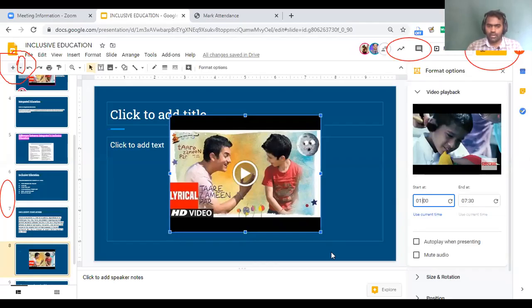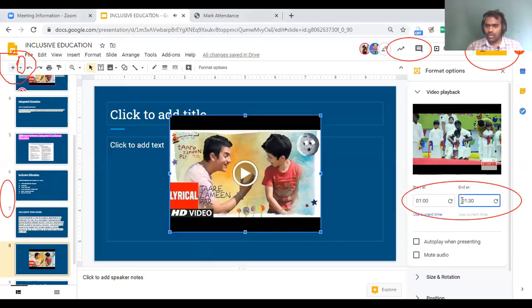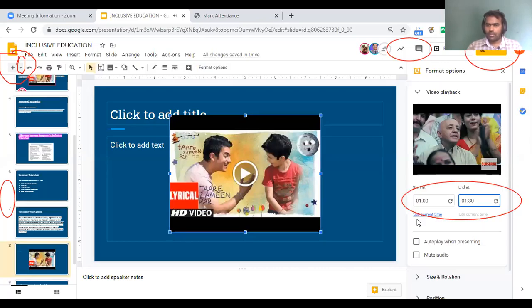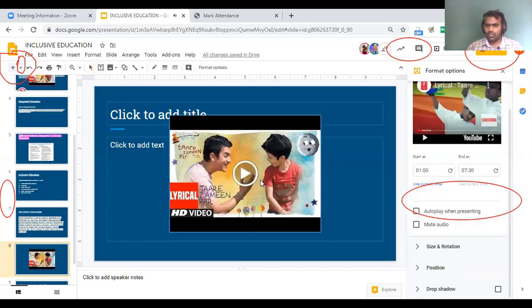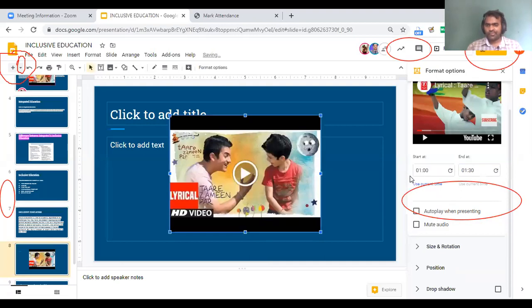Start at 1 and I need to stop at 1:30, so only 30 seconds will play. Hope you got it. Now I have done that. When I click, you can see 1 to 1:30. Okay, done.